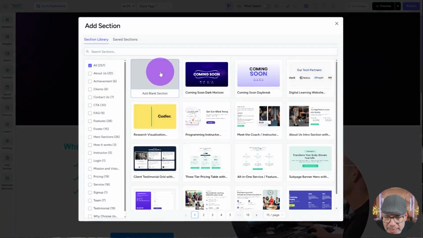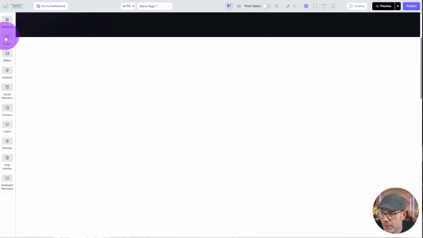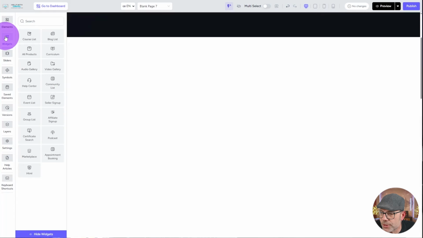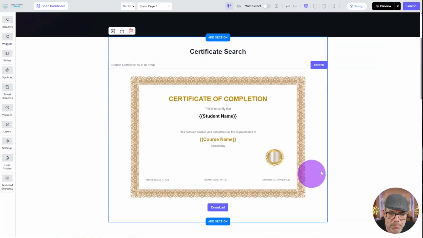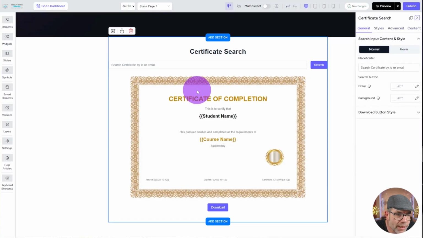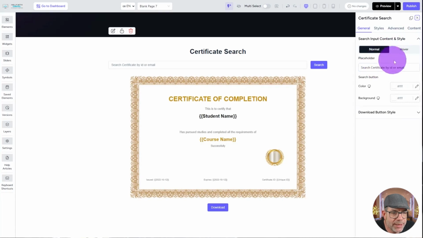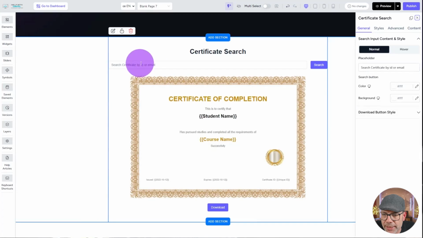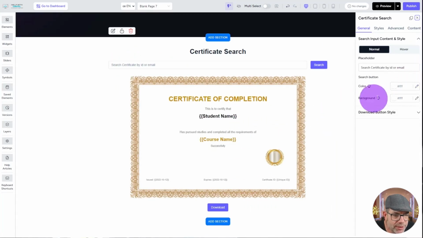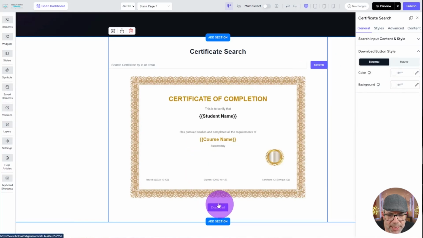Let me go and add a blank section here, and I'm going to go into widgets, and drag in the widget that is called certificate search just here. Now, I'm just going to right click on settings just here, and you can see here is where I can change some things. I can change search certificate by ID or email, the text that appears just here. I can change the color of the search button, for example, and the download button style and that sort of